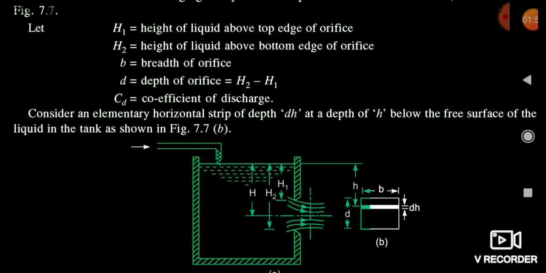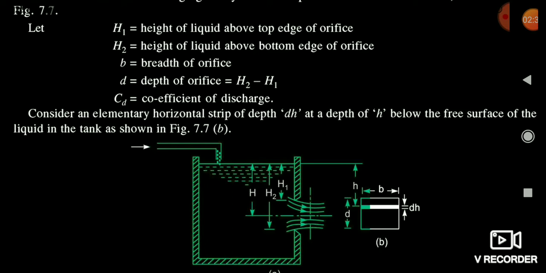And if it is in circular shape, it has two heights, h1 and h2. Suppose we are doing circular holes, then the circular hole has a top and a bottom. So the height h1 is from the top surface of water to the top of the hole, and height h2 is from the surface of water to the bottom surface of the hole. मीन्स जो हमारा होल होगा उसके टॉप सरफेस से वाटर लेवल की हाइट होगी वो h1 होगी, और जो हमारा होल होगा उसके बॉटम सरफेस से वाटर लेवल की जो हाइट होगी वो h2 होगी.